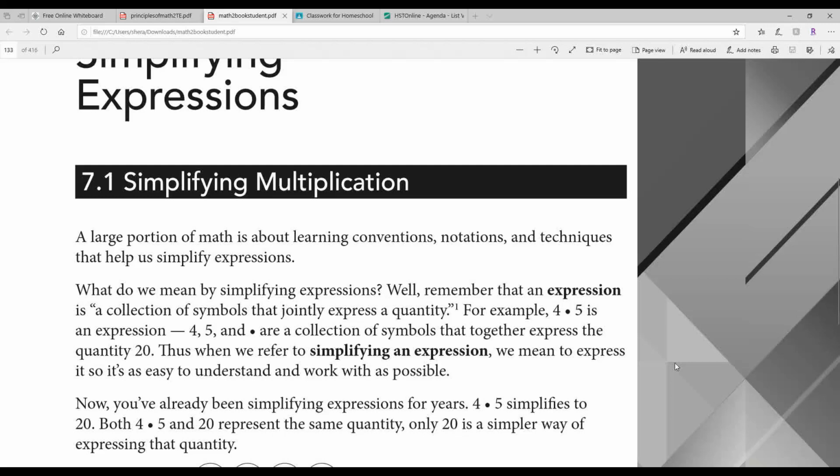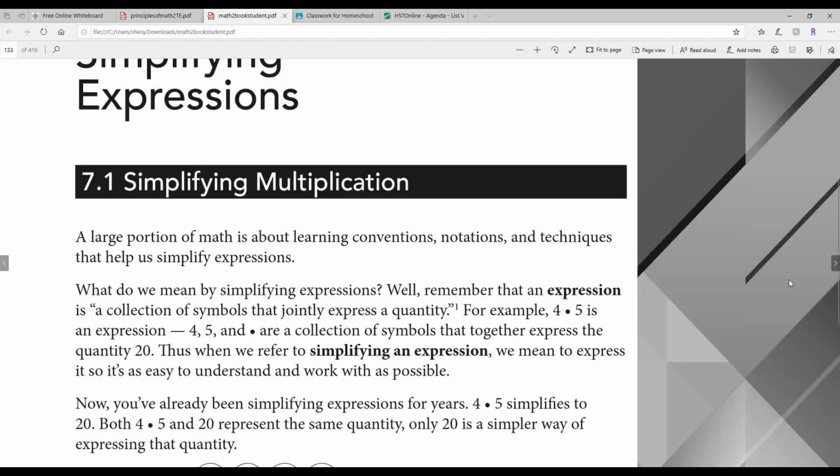So a large portion of math is about learning conventions, notations, and techniques. All of that helps us to simplify expressions. But what do we mean by simplifying expressions? Well, remember that an expression is a collection of symbols that jointly express a quantity. For example, 4 times 5 is an expression. 4, 5, and the dot are a collection of symbols that together express the quantity 20. Thus, when we refer to simplifying an expression, we mean to express it so it's as easy to understand and